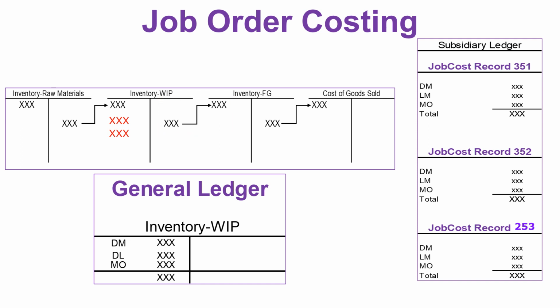Ultimately, when we ship those tables and sell them to our customer, we're going to be crediting this finished goods inventory account and debiting cost of goods sold. So again, as I said previously, all of the product costs of manufacturing these tables, all the manufacturing costs, materials, labor, and overhead, will be accumulated as part of the cost of inventory, whether it be raw materials, work in process, and ultimately finished goods, and ultimately reflected as an expense when we sell that inventory by crediting finished goods inventory and debiting